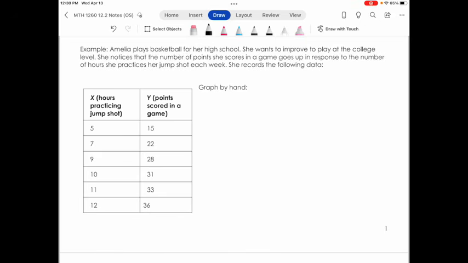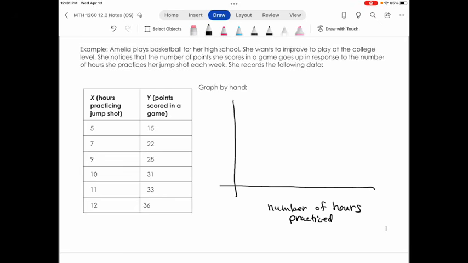She records the following data. So she has X, the number of hours, and then Y, the number of points she scored in a game. So when we make this scatter plot by hand, we're going to put the number of hours practiced